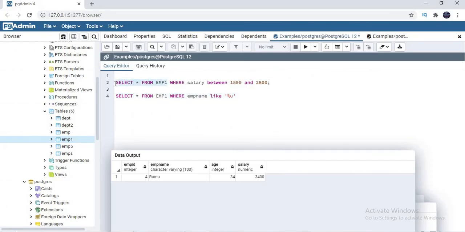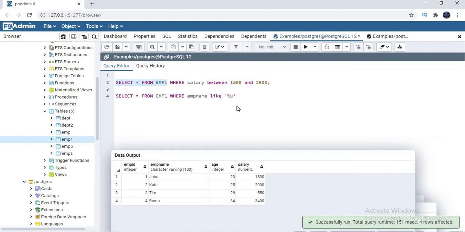In this case, do I have any nulls in the table? Currently no. But for example, if the name is null or age is null, you can put it as where age is null. Since you cannot compare null with any value, you have to handle it like this.